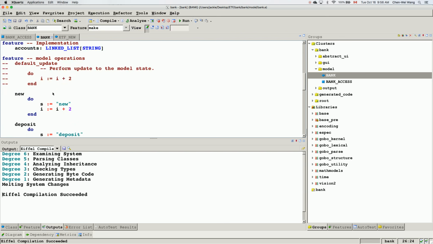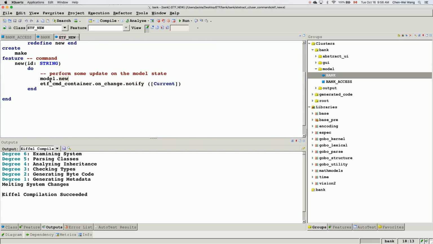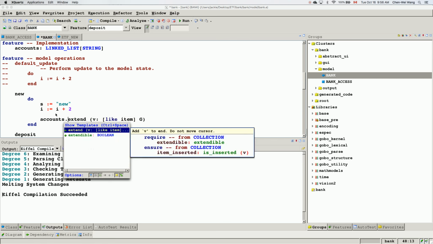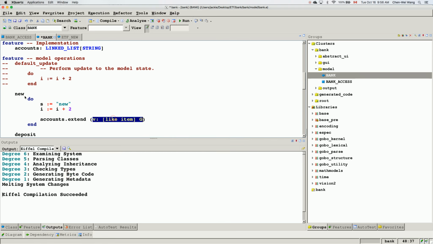Okay, and then we want to make sure every time the new feature is called in the ETF new over here, every time the user wants to initiate an event for adding a new ID into the bank system, when model.new is called, we actually do something about it. We can just add an ID into the accounts. So we can say accounts.extend. And then the new over here, let's add a parameter because new should really take some ID. So I can say ID string over here, and then we can say extend